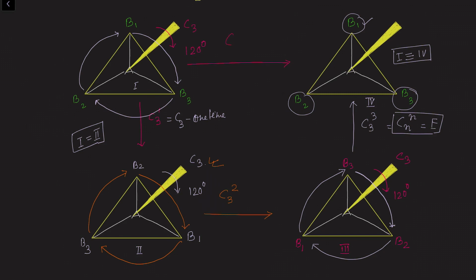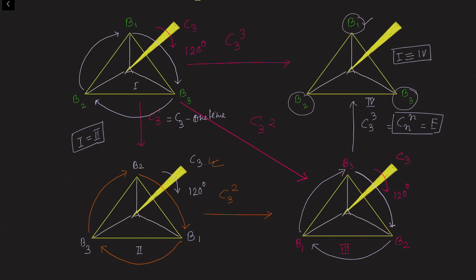So C3 performed 3 times, then directly you get this structure. But what about the second and third structures? Check that. When you want to convert the first structure to the third structure, you need to perform C3 2 times on structure number 1, then you will get it. Now check, this structure number 4 is identical to structure number 1. So the Cn operation is giving you total equivalent geometry of the molecule. How many equivalent geometries of the molecule? 2 equivalent geometries of the molecule,